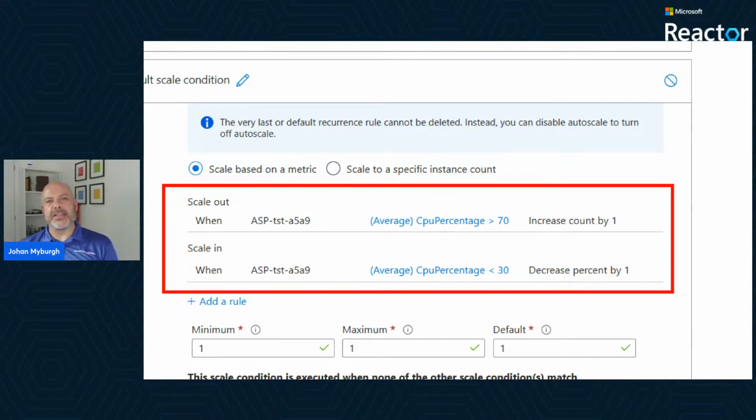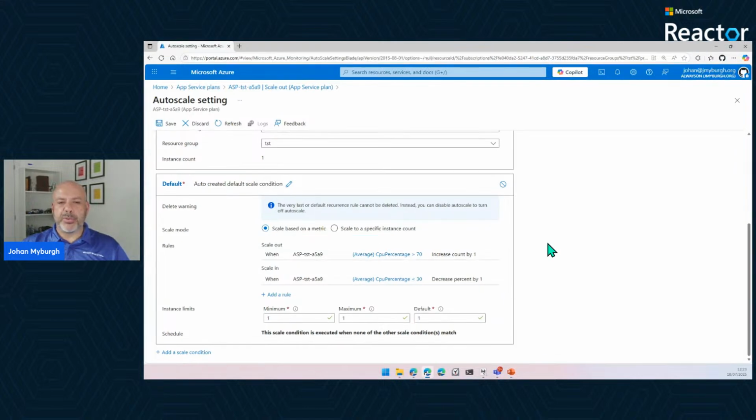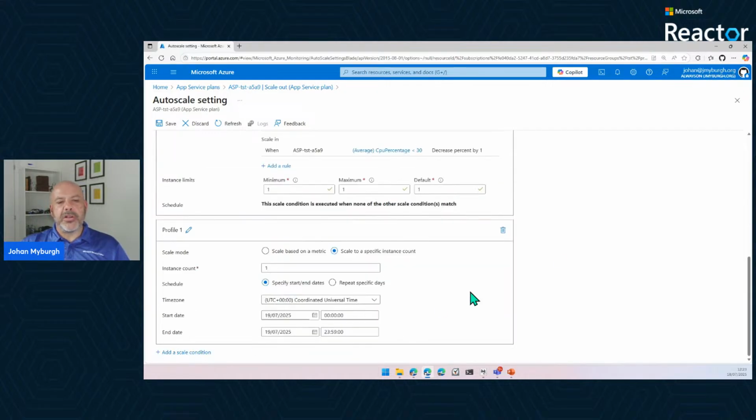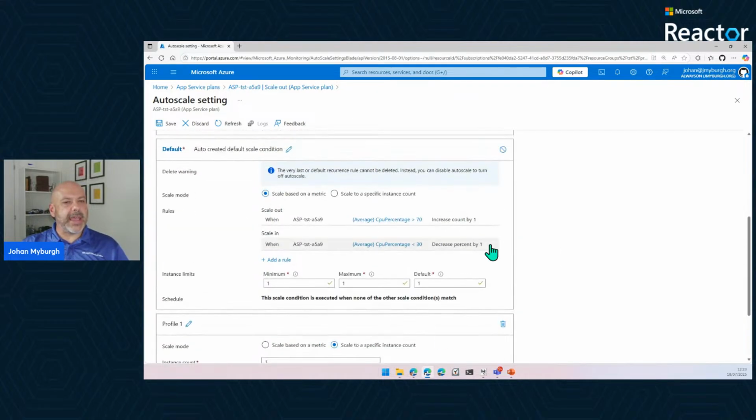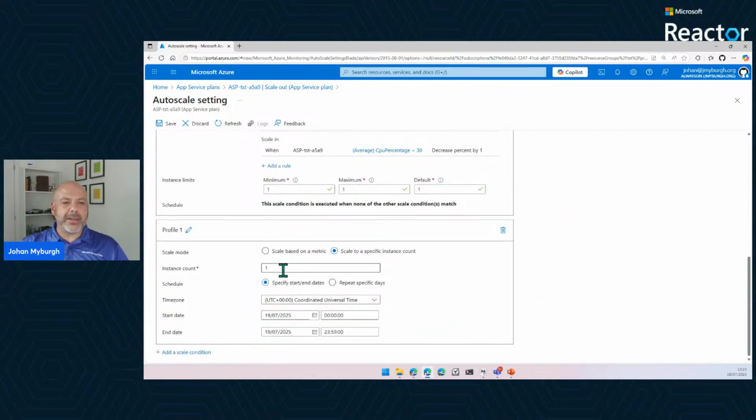You might also have things like the HTTP queue length, the disk queue length, and whatever other parameters might make sense. I also want to point out that I can go and add some additional scale conditions here. In other words, these scale conditions could be different from my scale rules that I had earlier. For example, we might know that it's Black Friday from today, so from yesterday or from whatever day, from next week, the 25th, to say the 28th or whatever the case is, we want to scale to